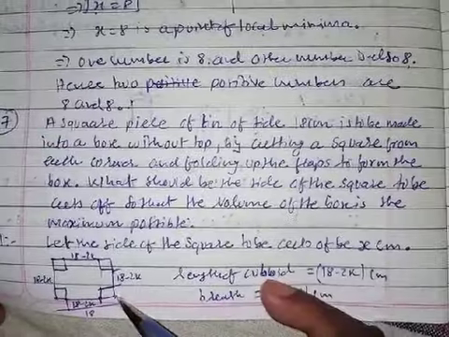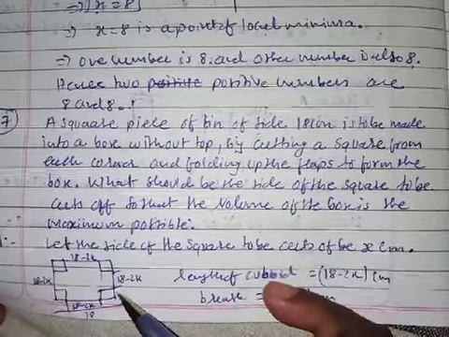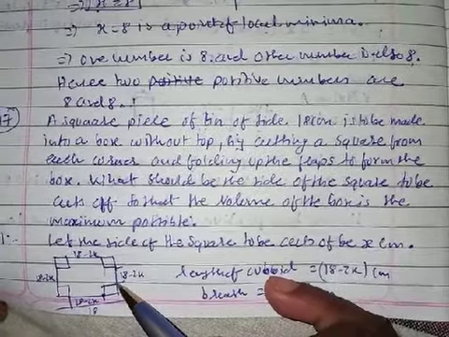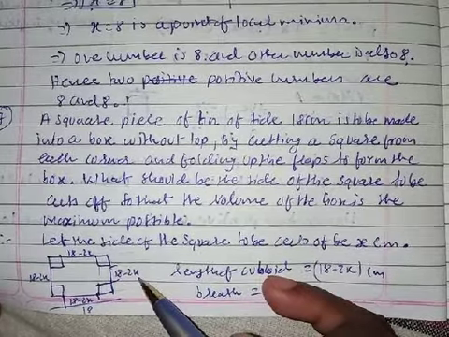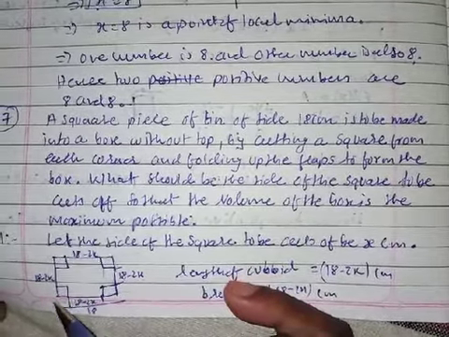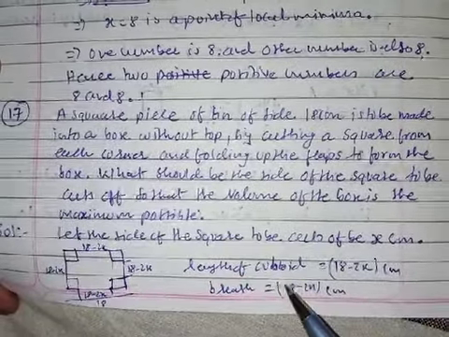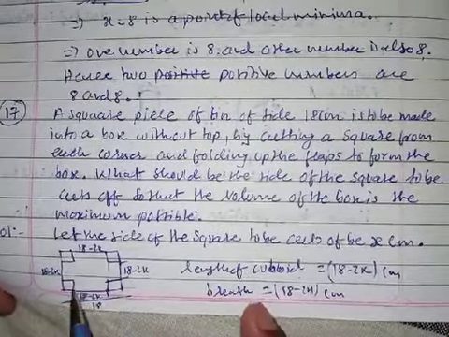Suppose x centimeter is cut here, x centimeter cut here, x and x. So x is cut from here. So this whole is 18. So x is cut here, x is cut here. So from 18, x is cut. The same way on all four sides, because it is a square. Is it? All those four sides. So now it is going to turn into a cuboid. You are going to fold it.